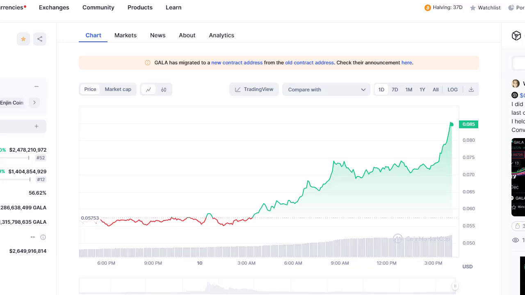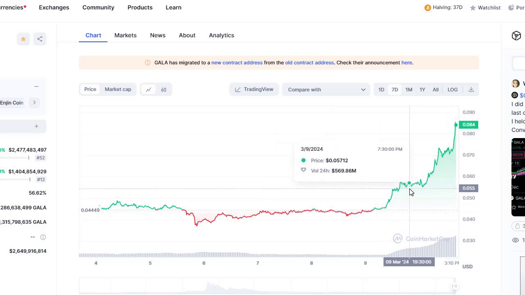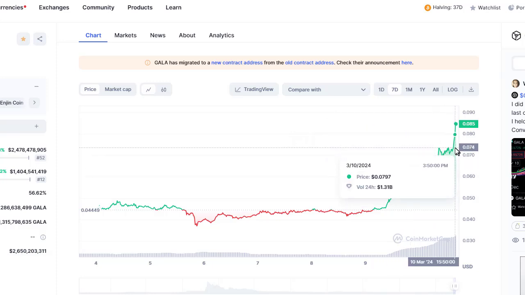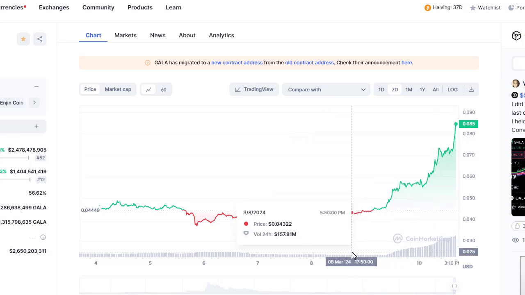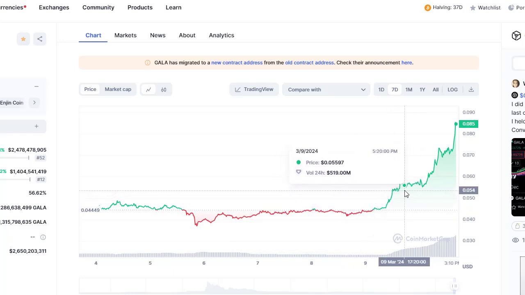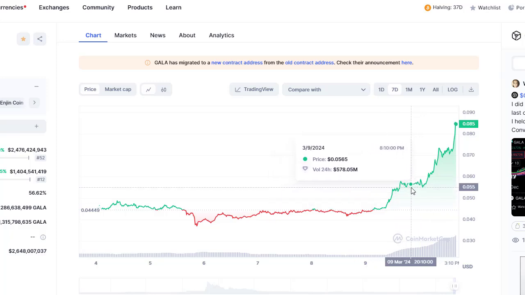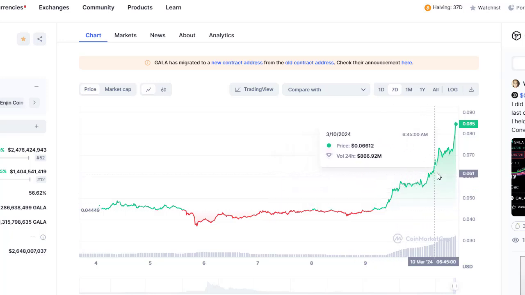Let's go and have a look at Gala Coin. So here we go, this is the daily chart. If we have a look at the 7-day chart, you've got to be brave to come in here. I was selling at 55 and I've come back in at 77, 76. And again, you've got to be brave to make a decision once you've come out, because I made some very good profits up to the 55 here, and then decided that was too high a gain in such a short period of time. I couldn't see that going further, and sure enough it did.